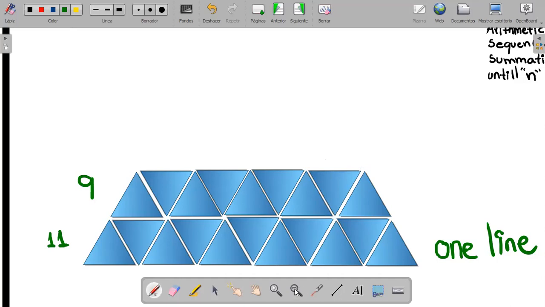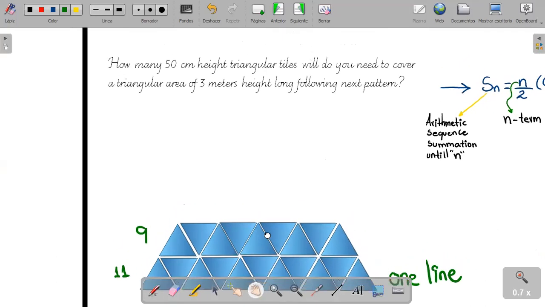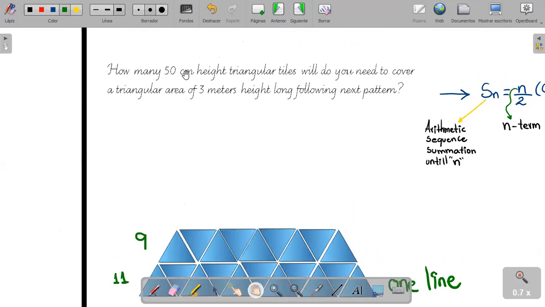Question to you. I already read the problem. I hope that you read it too. If not, we can read it again, but we must be sure about it. It says, how many 50 centimeters high triangular tiles would you need to cover a triangular area of 3 meters high? How long, sorry,